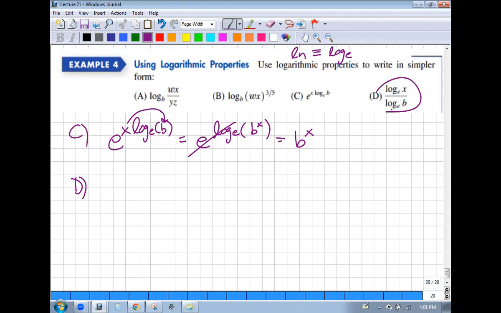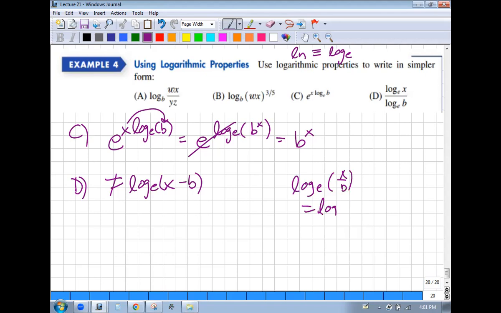And now d. They want you to make the mistake. This is not log base e of x minus b. Remember, log base e of x over b would be log base e of x minus log base e of b. If they're divided on the inside, you can turn it into two logs. So that's the rule. There's no rule for this, so you can't do that. That's not what this rule is saying. Multiplication on the inside says you can add them on the outside. So what you can do though